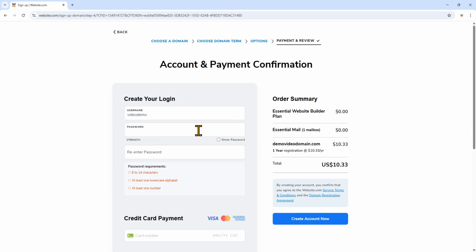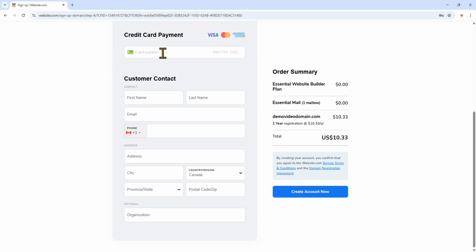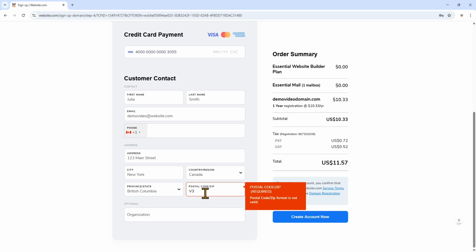So let's create a strong password, and you want to make sure it contains at least 8 to 14 characters, 1 lowercase alphabet, and 1 number. Once you've input all your information, you want to create the account.